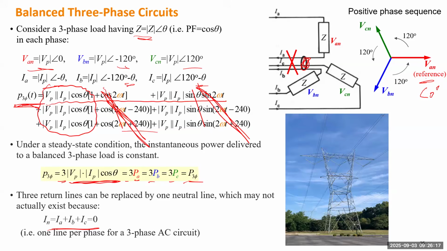But definitely they need to deal with any contingency. If there's a fault, if there's a short circuit, what if this line is going to the ground? It's not balanced anymore, but they need to deal with that. But in this course, we focus only on the 3-phase balanced condition.